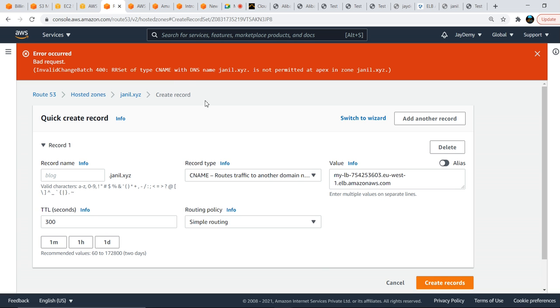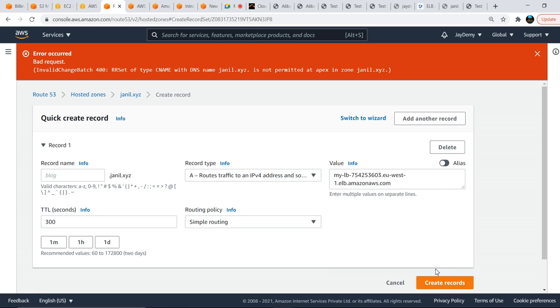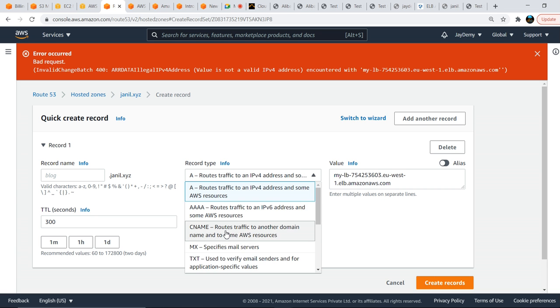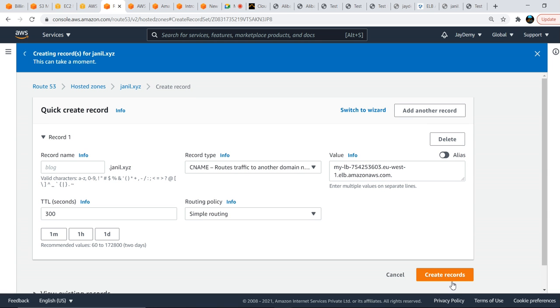What is happening? RRSet of type CNAME with the name alias is not permitted at the apex of the zone. I'll go with this one then. Bad request, value is not a valid IPv4 address. Then why can't it be used... dot com, create record.